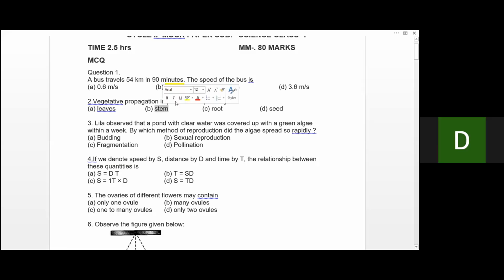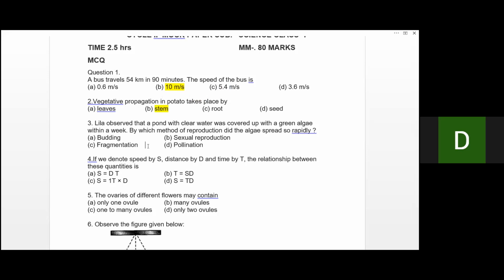And then you have to find out the speed. Kindly find out the speed of the bus. Okay, children, the first answer is 10 meters per second. And for each of the questions, you have to mark it. You have to solve the questions carefully. Okay, second: potato is a stem. Already we had done it.